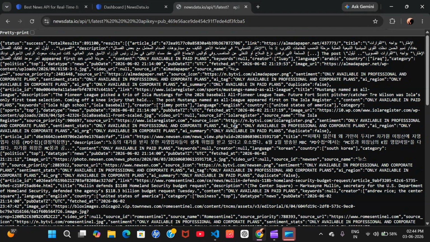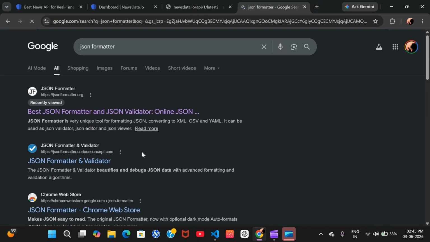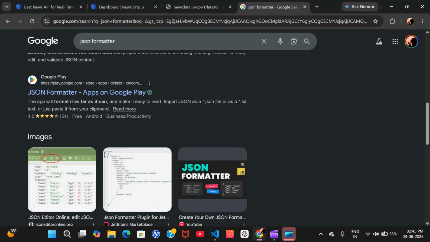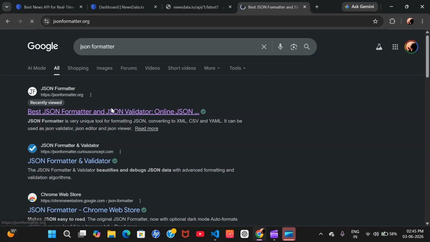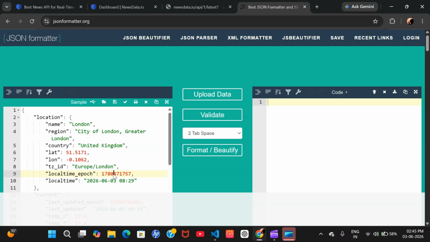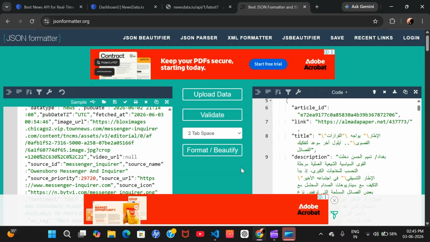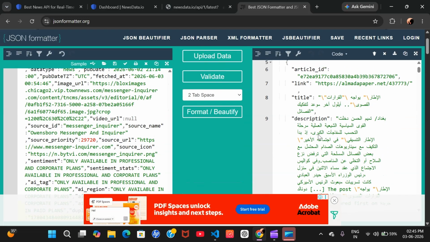Then we need a JSON formatter. See how you can tackle the data.